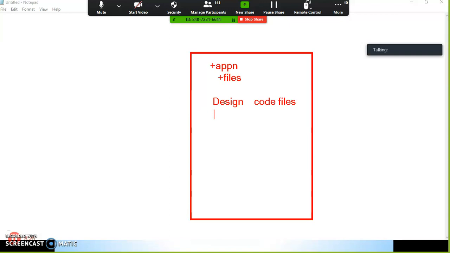A design file means what? .html. For example, only designing related code is available in a design file. Some logic is available in code files. So designing code is in design files, and logic is available in code files. Logic means what? Generally, server-side code will definitely support OOPs. For example, if I declare one class, in this class I will declare one method, something like check user is valid or invalid, and here I will write some database related code.